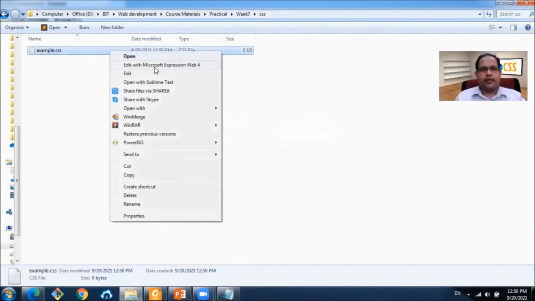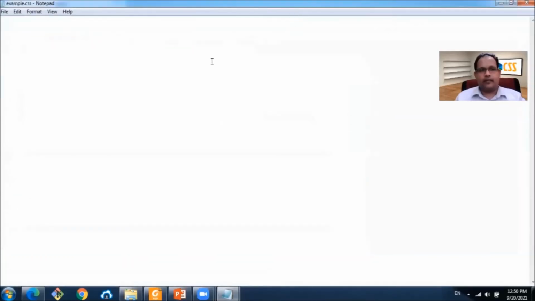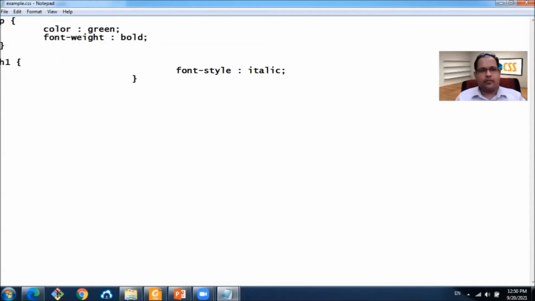Right? Let's open it from the notepad and paste the text. So we came with the indents from our previous page. In this file also we should maintain the indents like this.